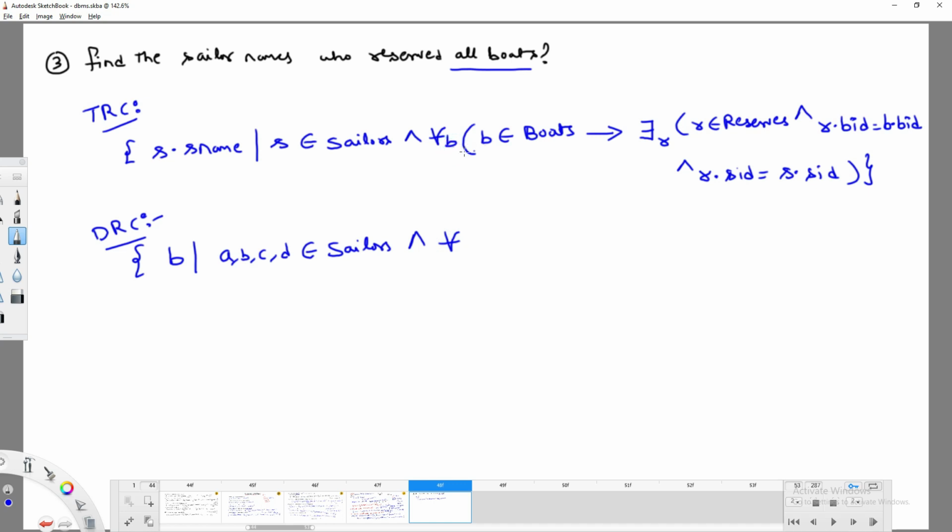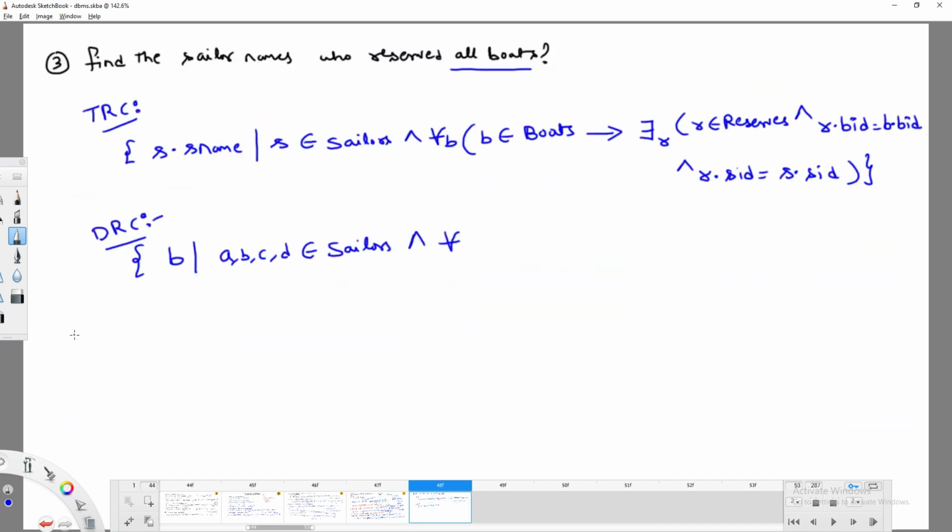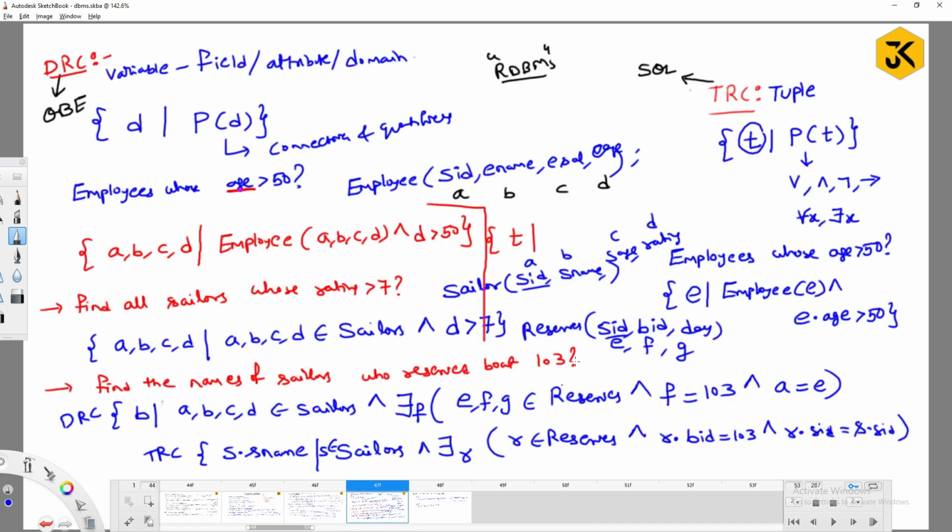B is a kind of tuple which belongs to the boats table. Why are you checking that the tuple has to belong to the boats table? Here we need to check boat IDs. What is the name for boat IDs? I think we haven't given one, right? So for example, F is for reserves. F is the alias name for the boat ID attribute which is present in the reserves table, and there is actually a boats table there.